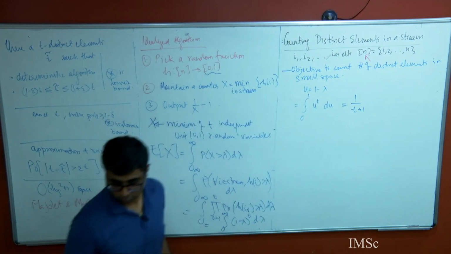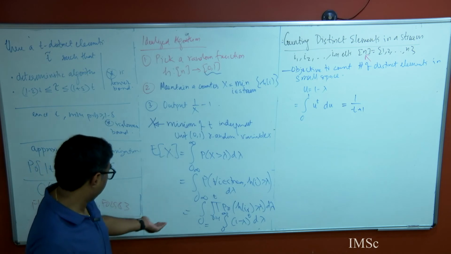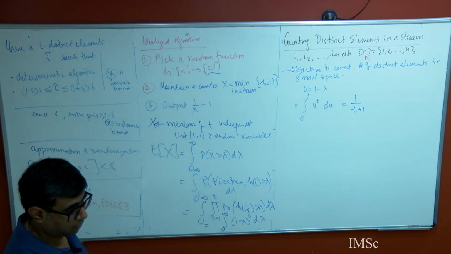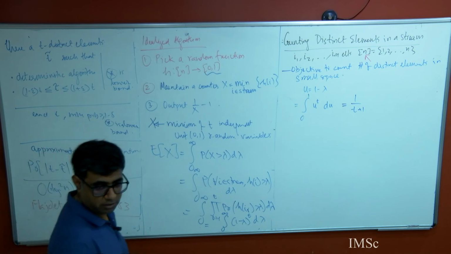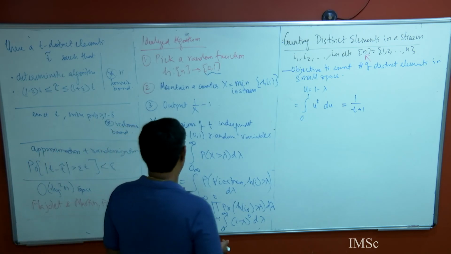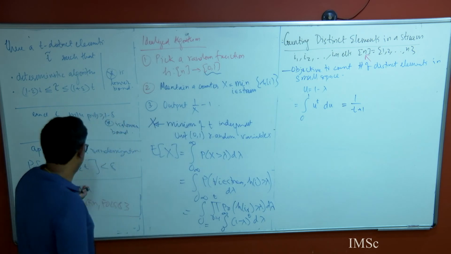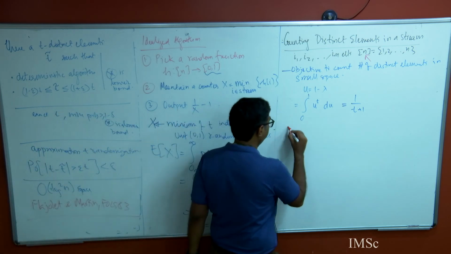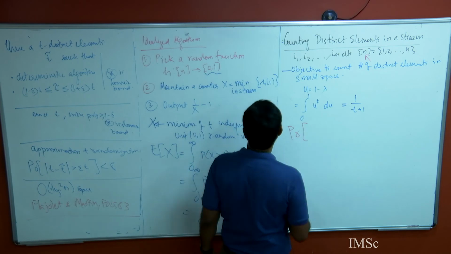Now we have to do, so we did all this 1 by t plus 1. So let's try to again apply Markov. What does Markov say? Look, I want to achieve this with good probability, right? So what will Markov tell me? Probability that